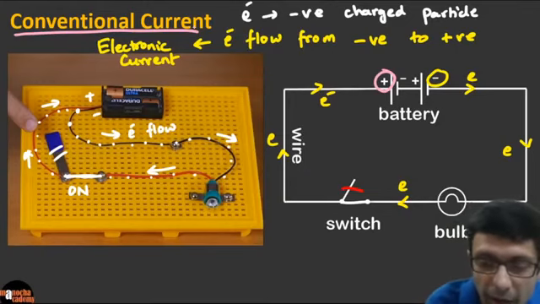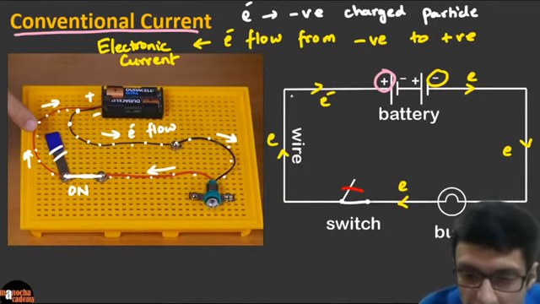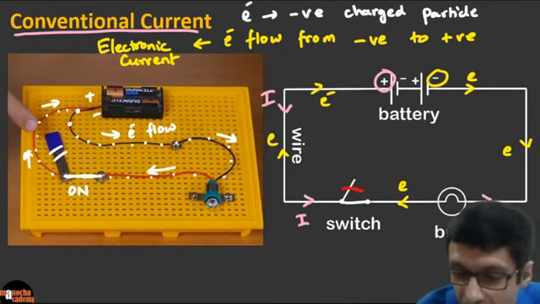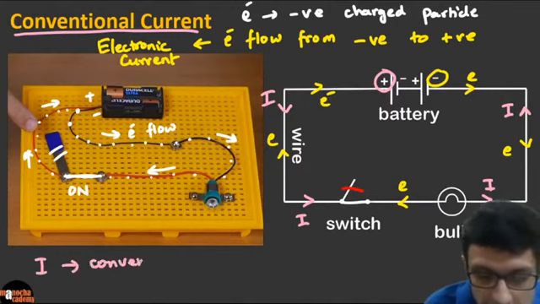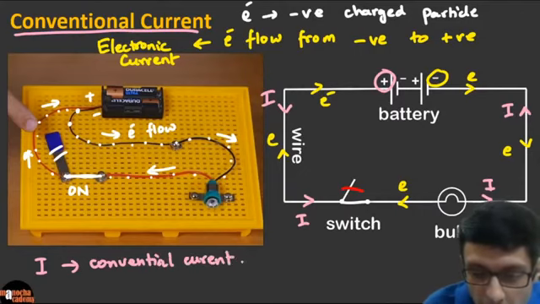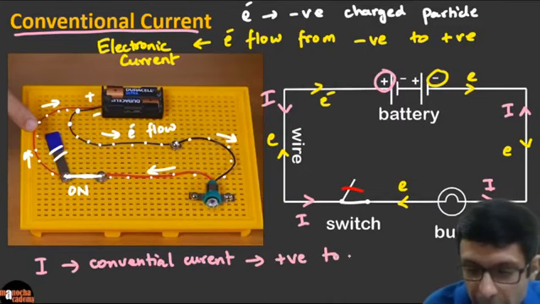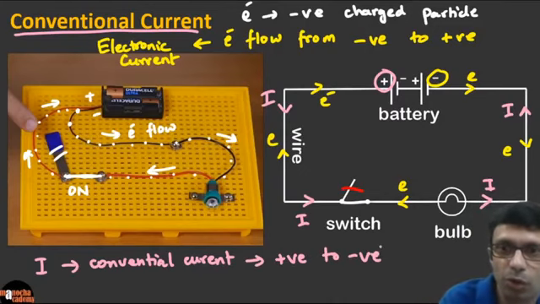So actually you'll find the current shown in the circuit, right? The conventional current is marked this way. So when they mark the current, it's from positive to negative. And do you guys know why, right? So the current in the circuit, which I'm marking with the pink color and the I symbol, I represents the conventional current. So I is conventional current, which is from positive to negative. Positive to negative.